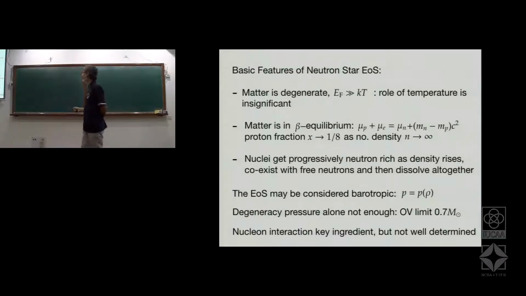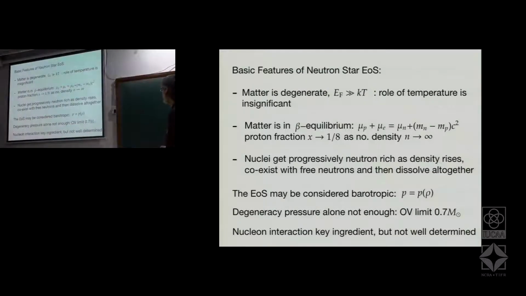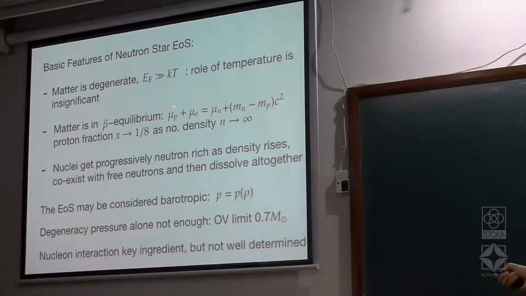I've also said that the matter is in beta equilibrium, which means that this is satisfied, and mu_p, mu_n are just the Fermi energies here, or the effective chemical potentials, without the relativistic rest mass. So that's why this is present here. Now, as you go to higher densities, you would find that when you look at the result of keeping this condition and also the charge neutrality condition, that is N_p is equal to N_e,